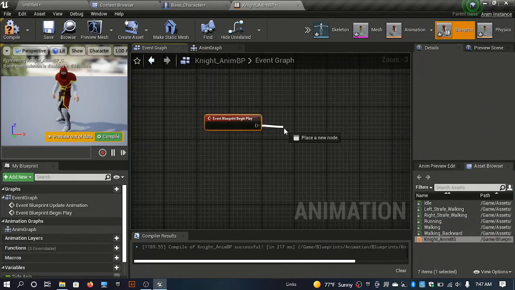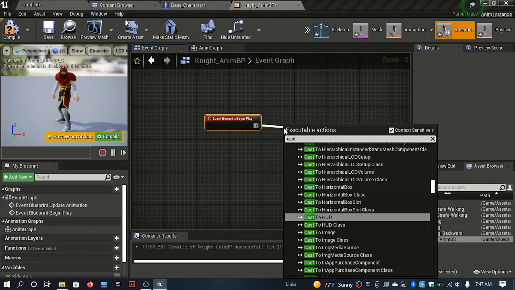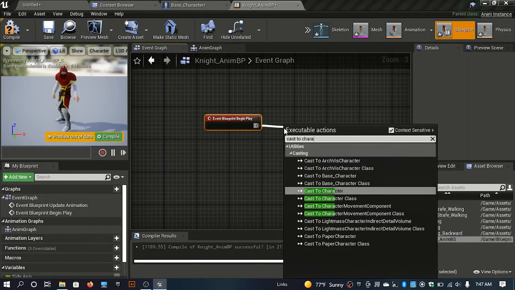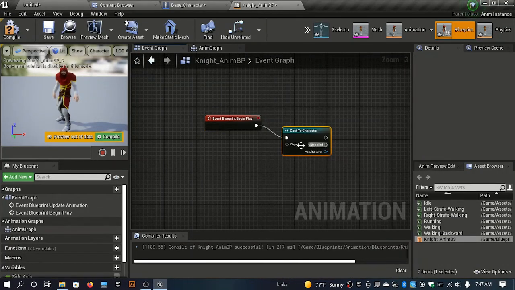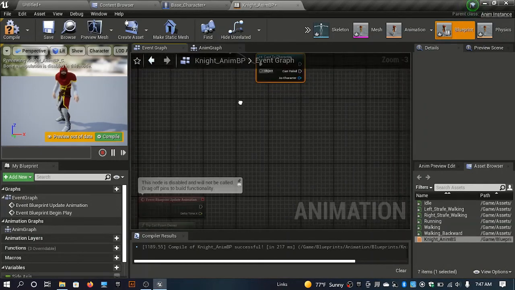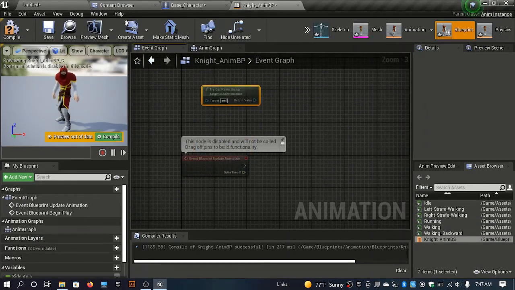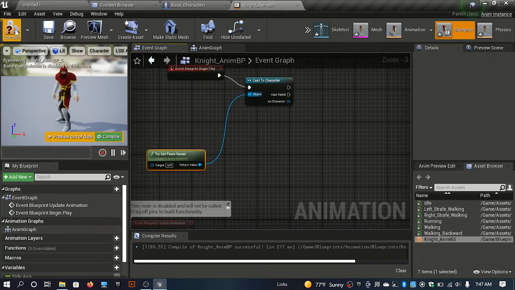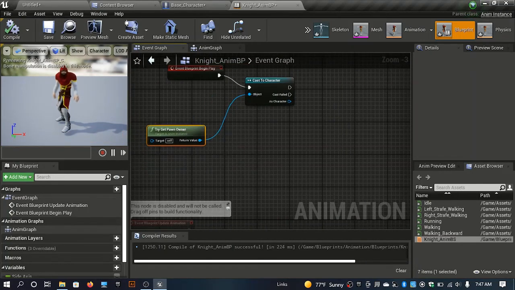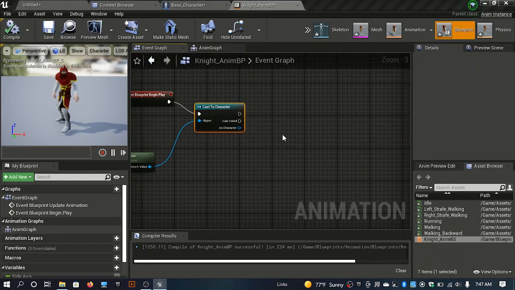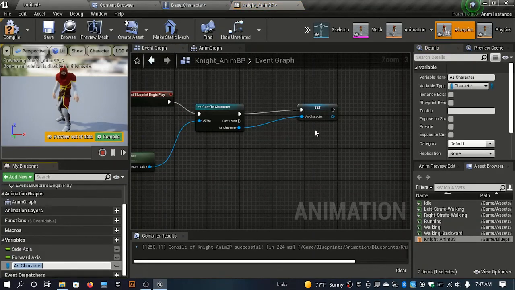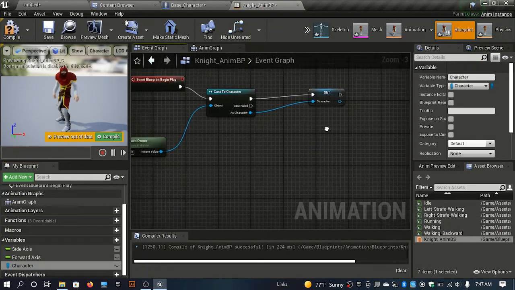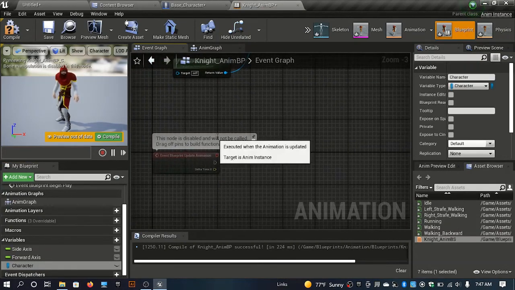I'll cast to character, using try get pawn owner as the object. See whether we get any errors. Yeah, we don't have any errors. I'll promote this to a variable and name it character. Then in the event blueprint update animation, I'll